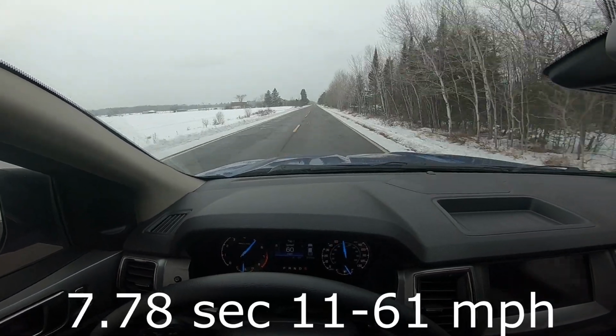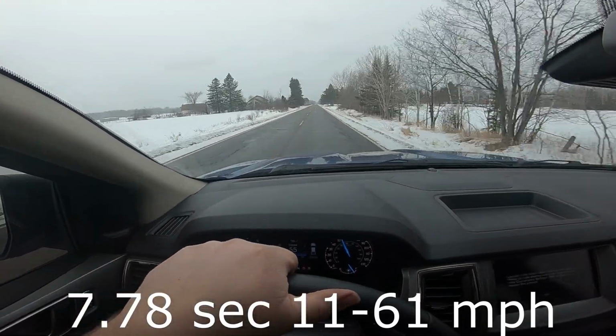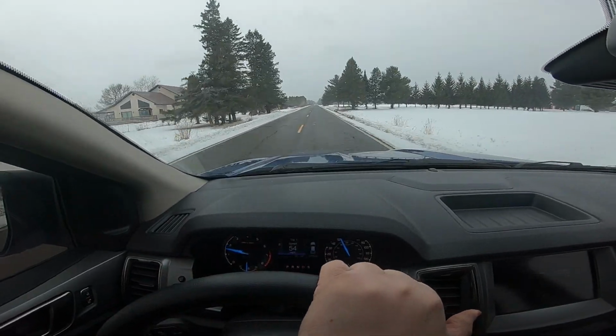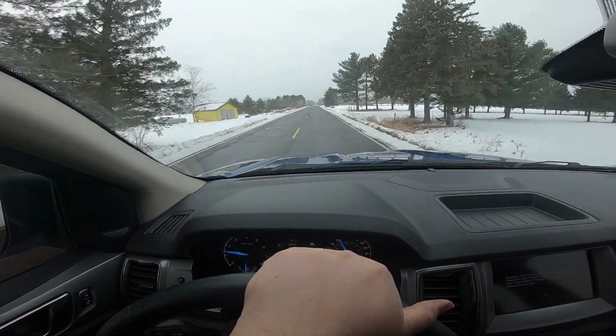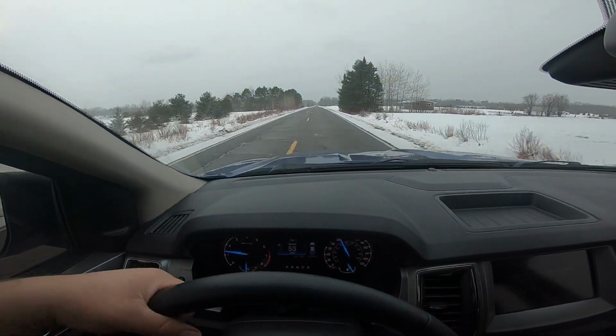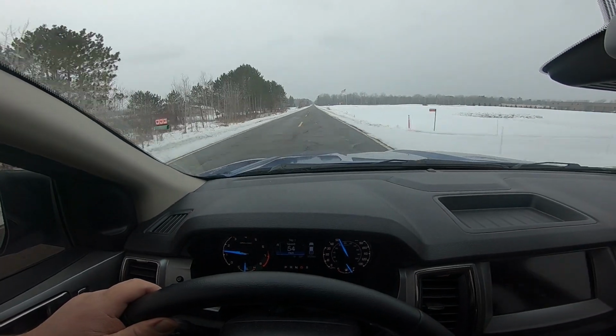And there's 60. So I just put it back into drive and drives normally. A lot of guys say that they get better gas mileage in sport mode. I don't know if that's true or not because I haven't tried it myself, but hey, if it works for them to get better gas mileage. Sport mode does,